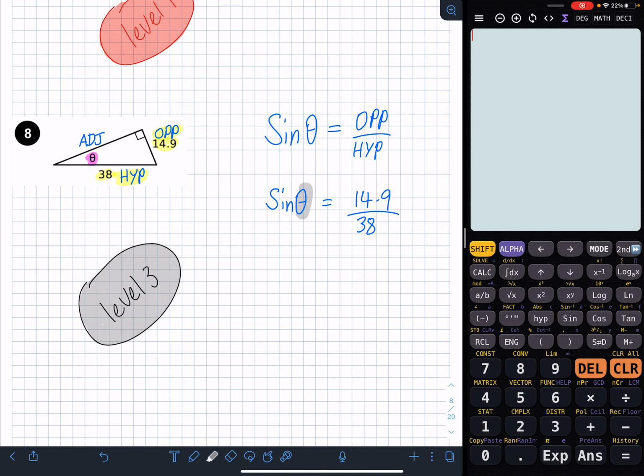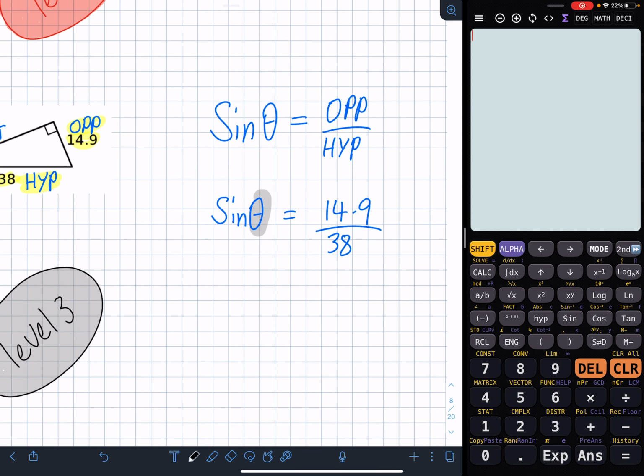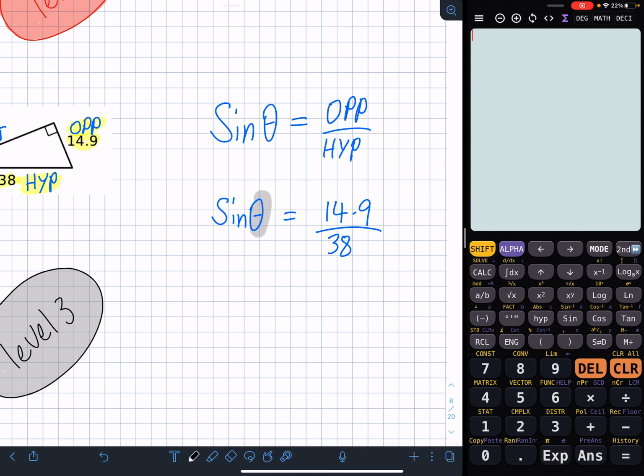Okay, so what we need to do is we need to do an inverse operation, and we want to multiply both sides by 1 over sine. Okay, and what that will do is that we will actually cancel sine out, so that will actually give us theta